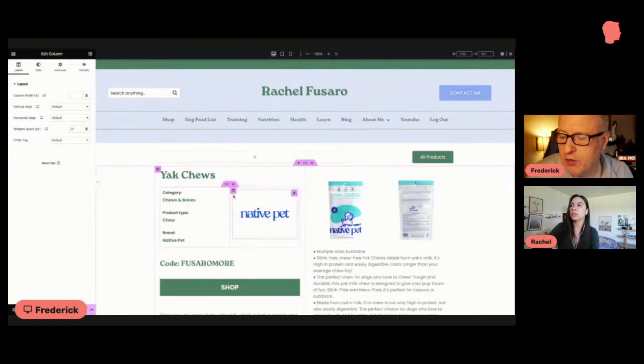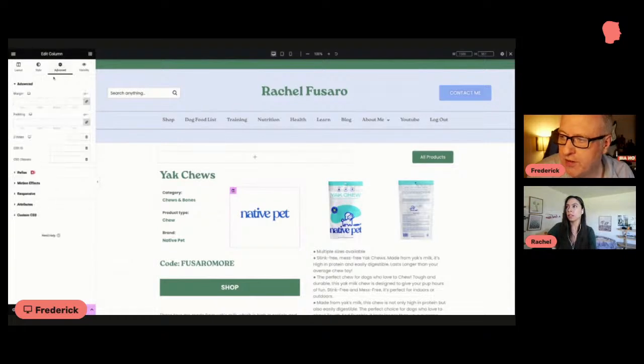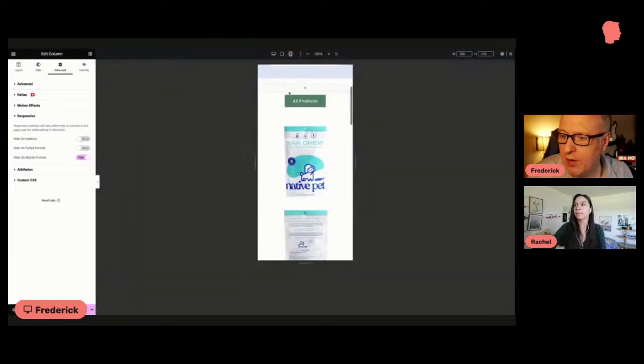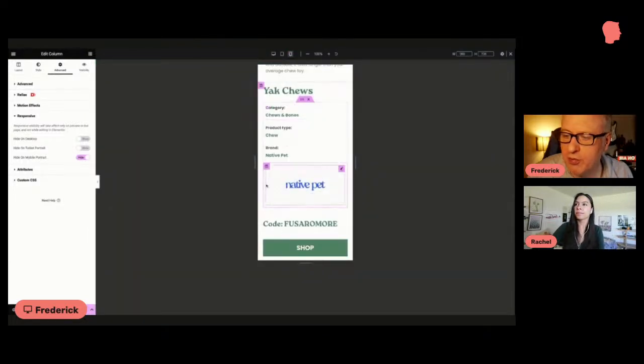No, you can go either on the item itself or on the column which contains the item, here, the column. Then you go to advanced, and then here you go to responsive, and you decide to hide it on mobile, for instance. Now if I hide it on mobile, it will be grayed out, so we'll see it, but there won't be anything there. So there will be less space. It will go straight from this block to